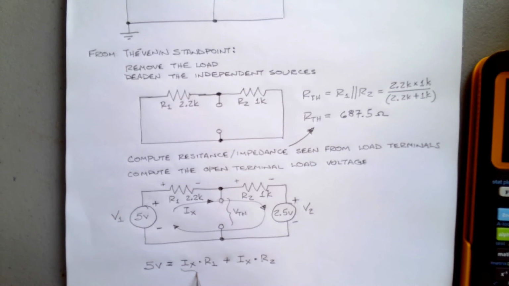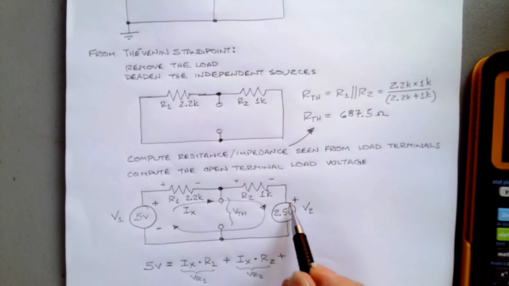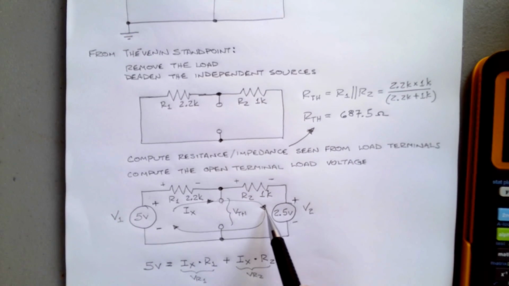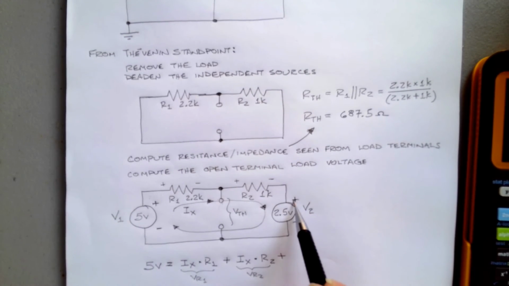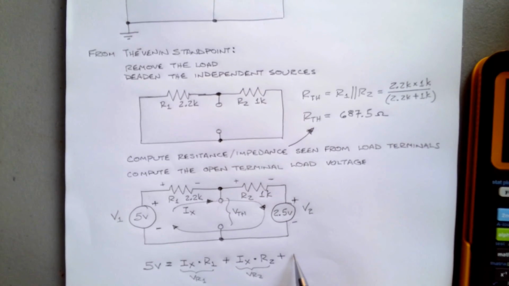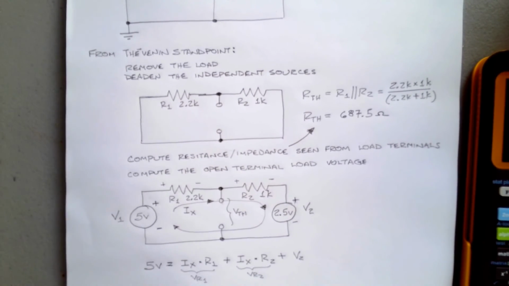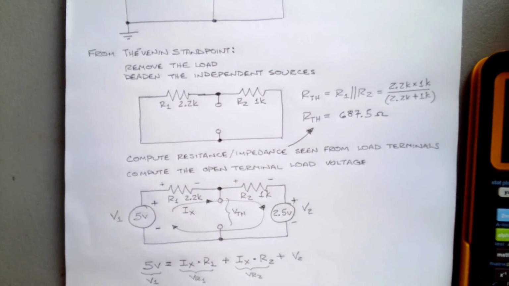So here's a voltage drop. This is VR1. Here's a voltage drop. This is VR2. And then because of the way this source is connected, it's actually a voltage drop because the arrow enters the plus and leaves the minus. So we can add in V2. And of course this guy is V1. So now we can,